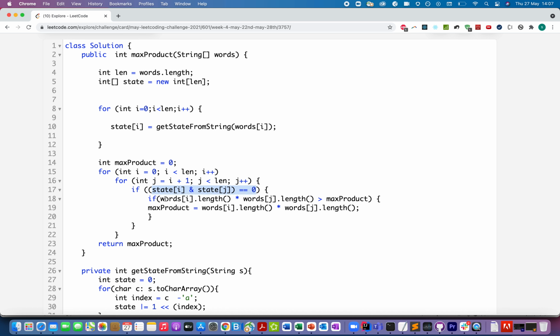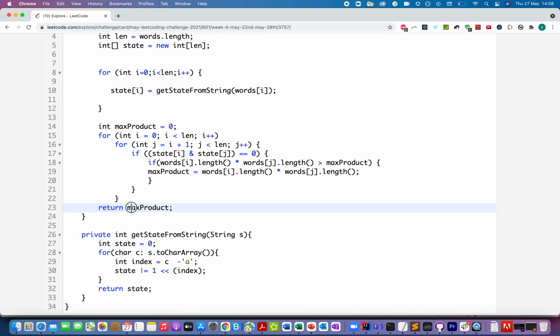We tried calculating the product of the lengths of those words, and if it happens to be greater than the max product variable, we'll update the max product variable with the updated length, which is nothing but words at the ith index dot length into words at the jth index dot length, and in the end we simply return the max product as an answer.